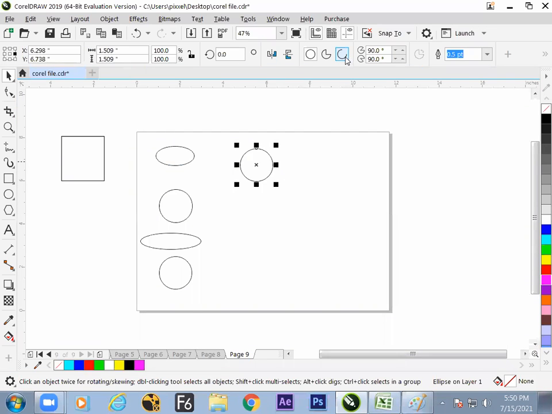So check the screen now. If you click over here, it will show you the outline only. But if you click in the middle part, that is pie, then before it was an open shape, now it is a closed shape with a certain part of this circle. So hope we know the difference between pie and arc. This could be a question in the interview.